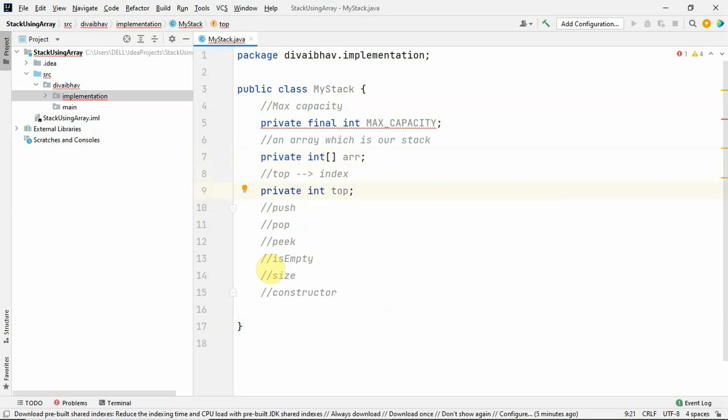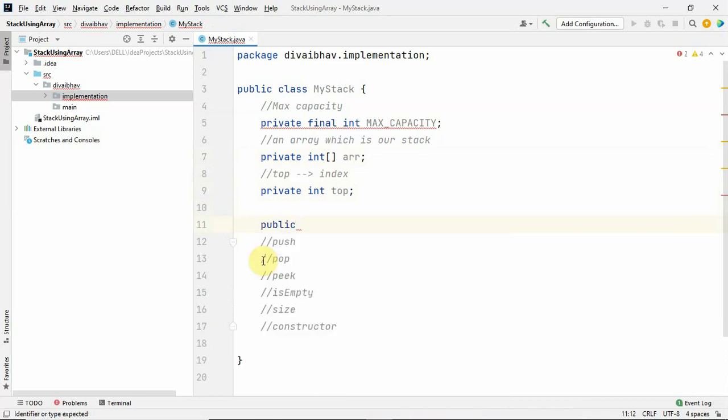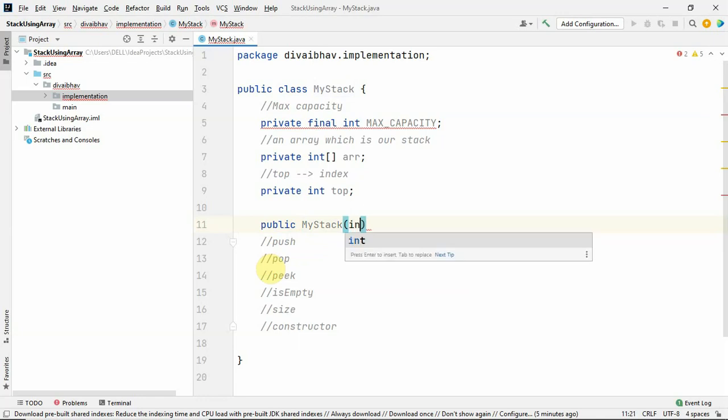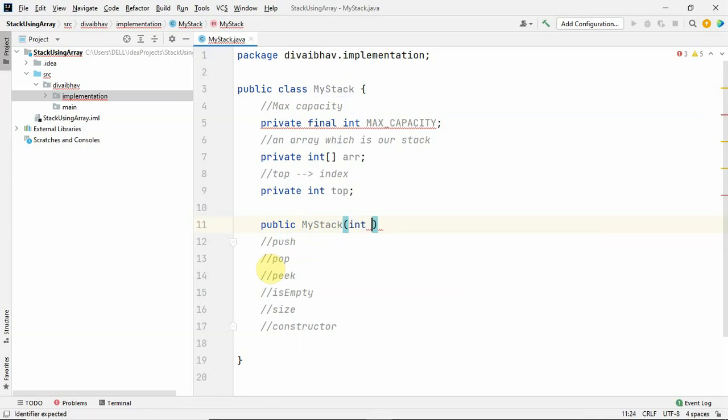Now we are going to create a constructor for this particular class. So let's create a public constructor. You know, the constructor does not have a return type. So we will create public my stack, and this particular constructor will receive one argument, that is the max capacity.